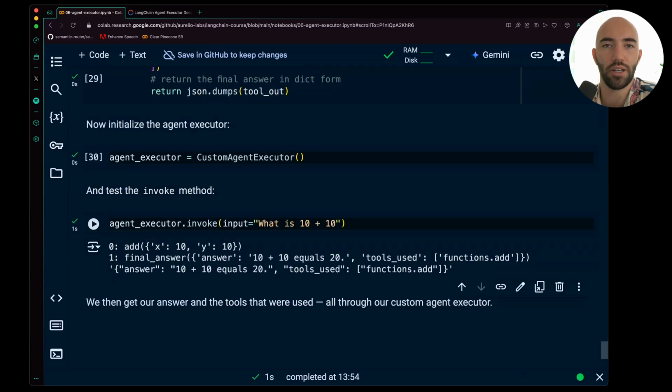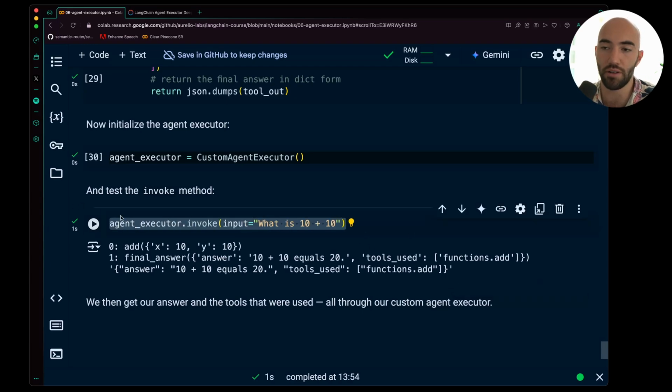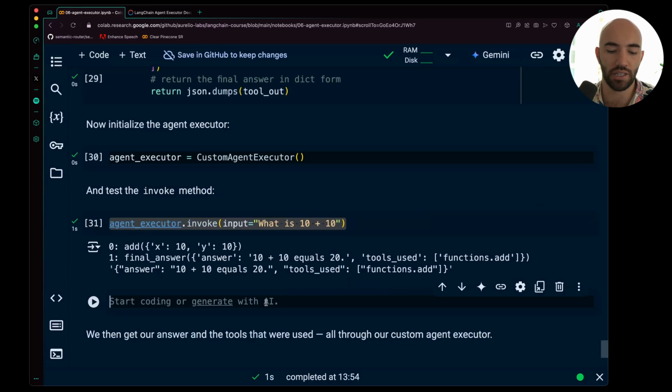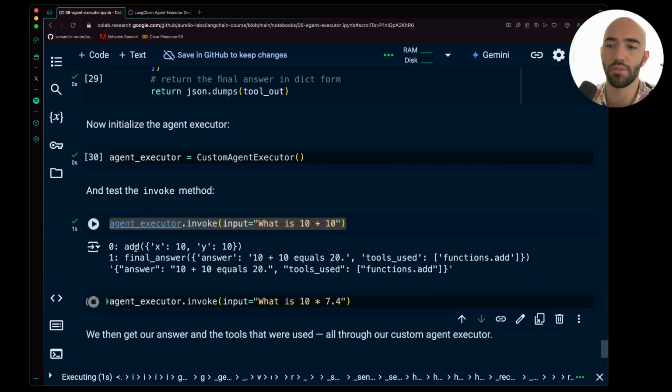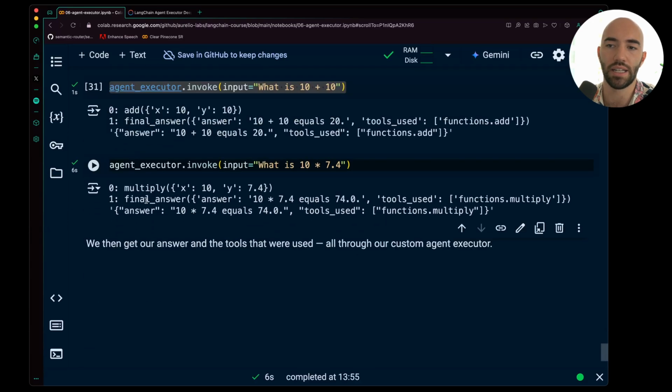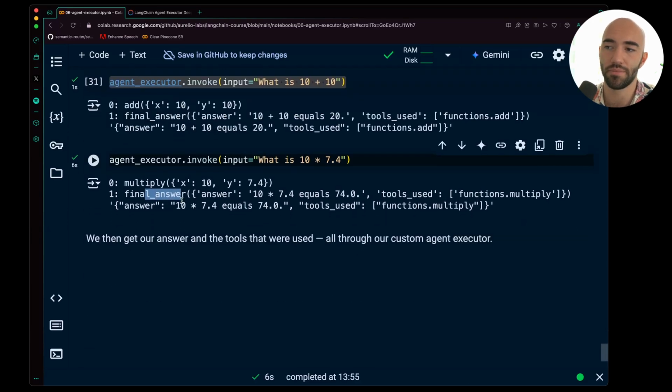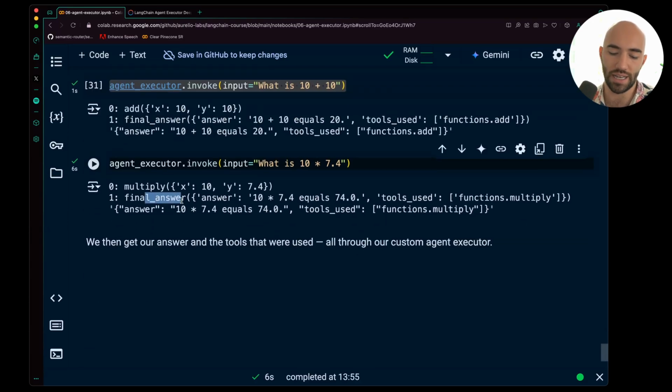All right, there we go. So that just wrapped everything into a single invoke. So everything is handled for us. We could say, okay, what is 10? We can modify that and say 7.4, for example. And that will go through, we'll use the multiply tool instead, and then we'll come back to the final answer again. Okay, so we can see that with this custom agent executor, we've built an agent,